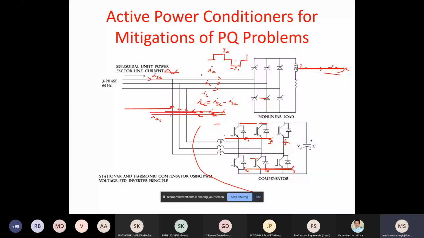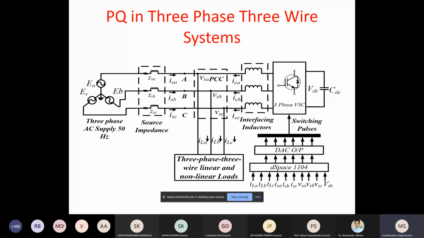Any harmonics which are supposed to come into the supply are now being supplied by these compensators, and therefore there are no harmonics in the supply. This is how it is achieved, a very elementary and broad concept. How it is achieved, I can show you in the next few slides. This is a three-phase, three-wire system. You have an AC source,